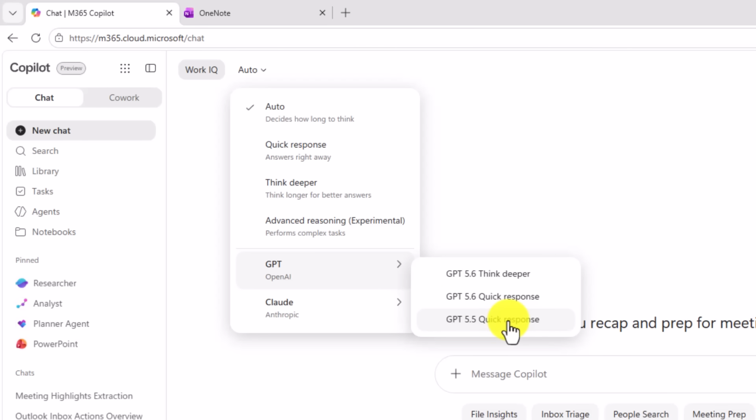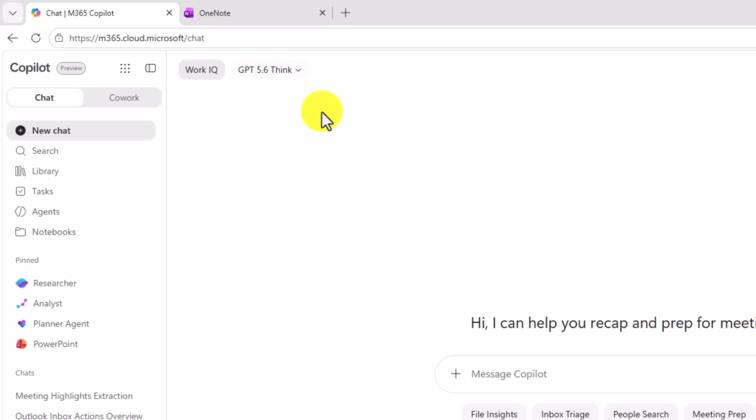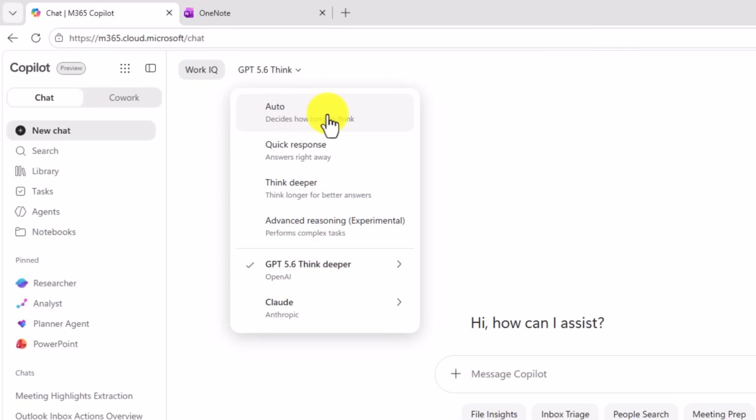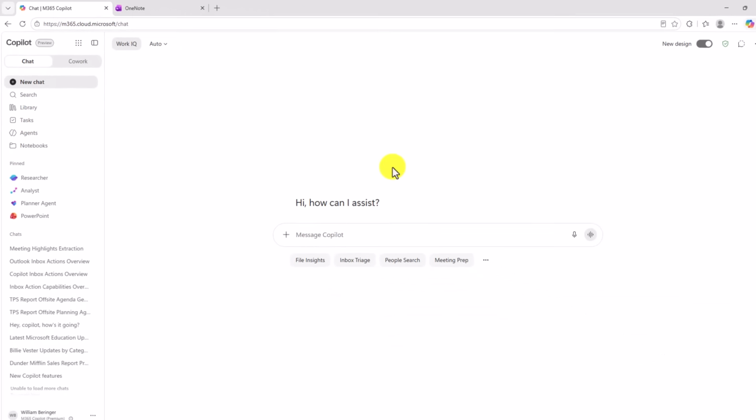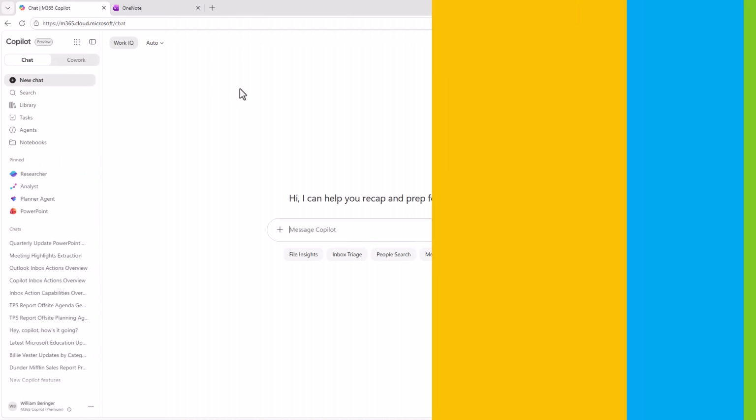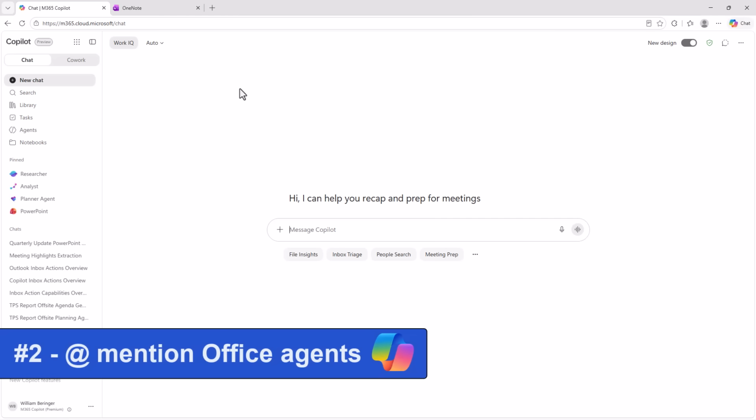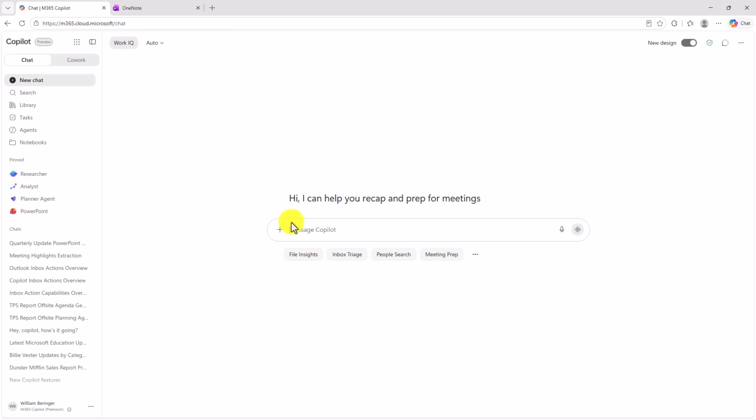You can also do 5.5 Quick Response. So if I choose GPT 5.6 Think Deeper, if I want to go back to Auto, I just choose Auto. And now Chat will choose which model to use. The second new feature is mentioning the Word, Excel, and PowerPoint agents, which everyone has access to right here in